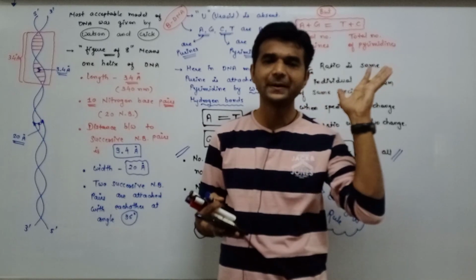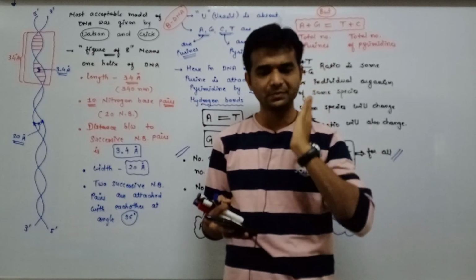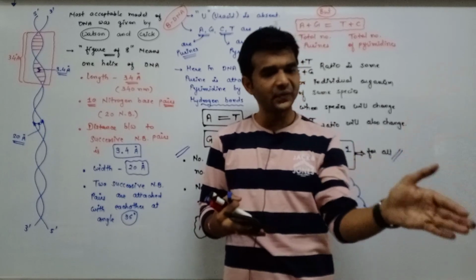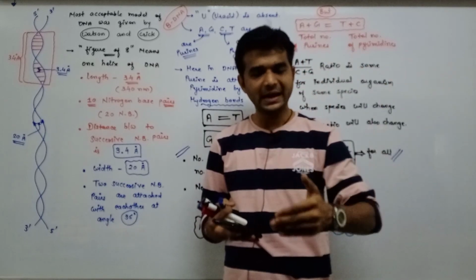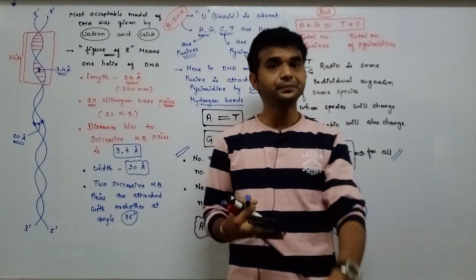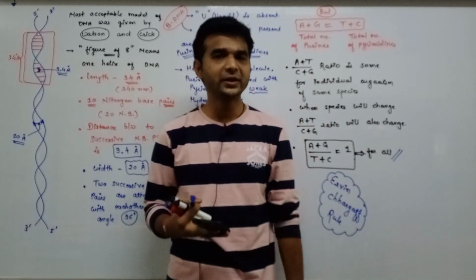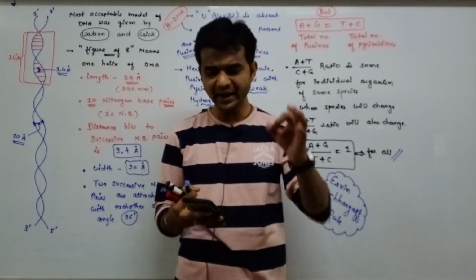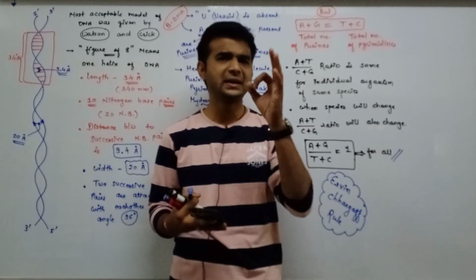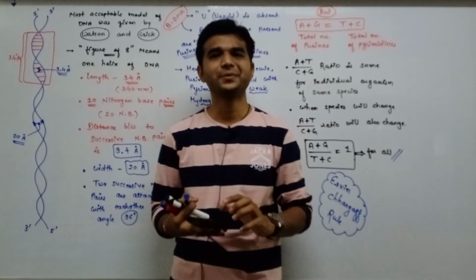Similar to this, according to the requirement of the body, each and every physiological process, metabolic process occurs inside our body. And just like automobile traffic in the city, similarly we have metabolic traffic in our body. That's why in eukaryotic organisms it is very difficult to identify a particular metabolic process.